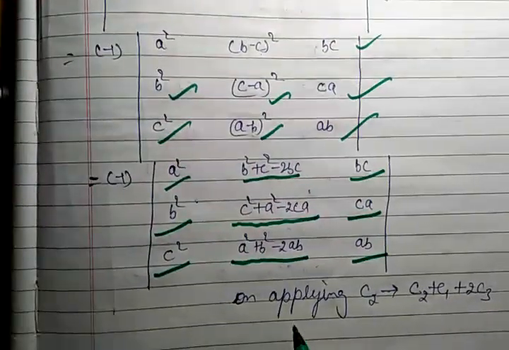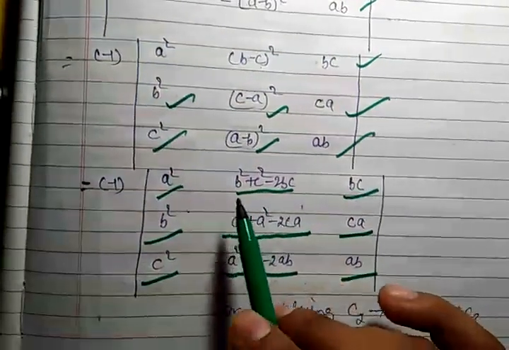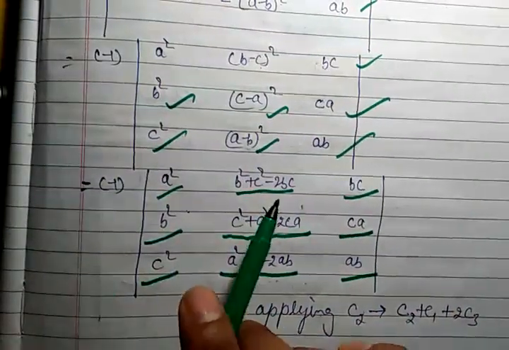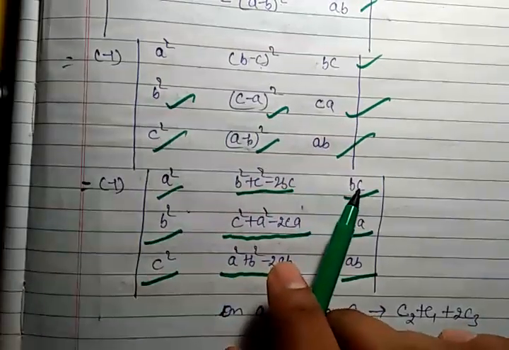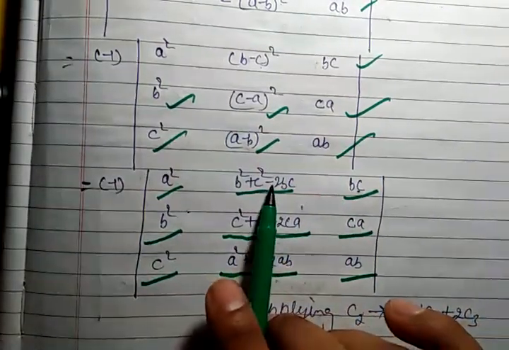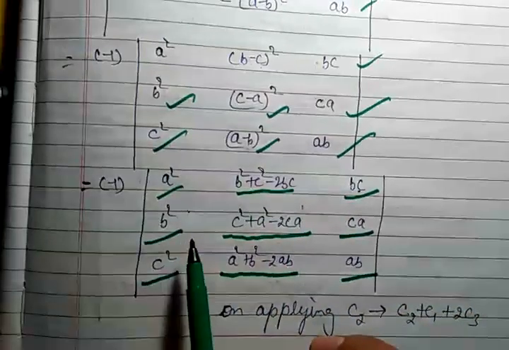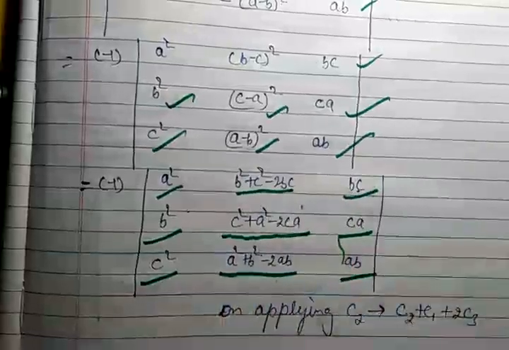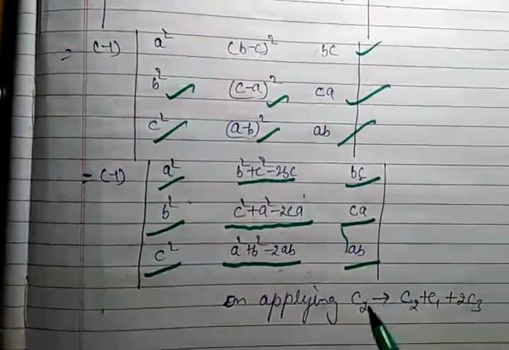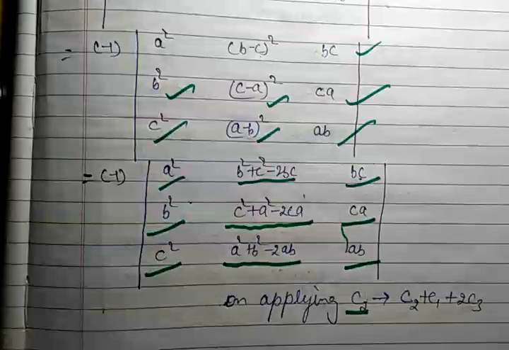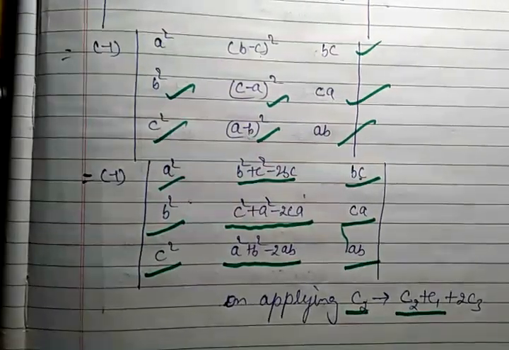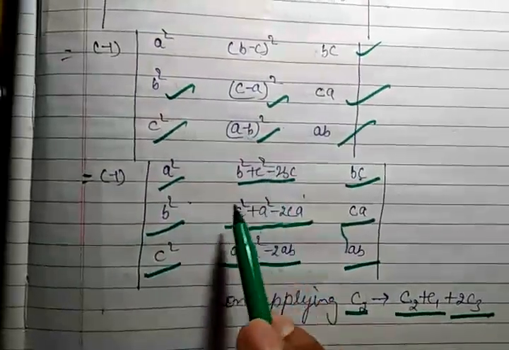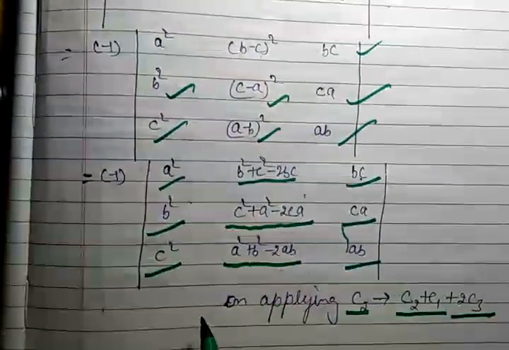And now on applying this, what we have to do, देखो हाँ क्वेश्चन को थोड़ा सा देखो, see attention here, what you can see, this is a C2, this is a C1. If you add here, then 1 BC will be deducted out, but if you add here twice of this row 3, then 2 BC will be deducted out. So we are going to do the same. We are going to apply this property, C2 change in such a way that C2 plus C1 plus 2C3, because here you will get A square plus B square plus C square, A square plus B square plus C square, A square plus B square plus C square.